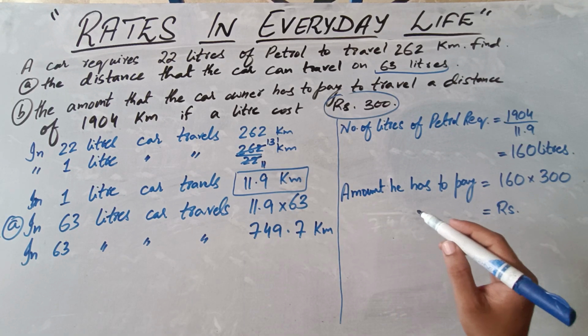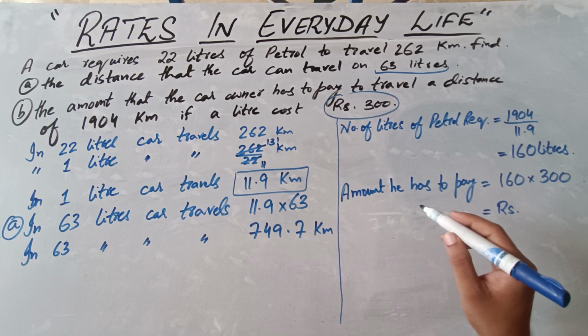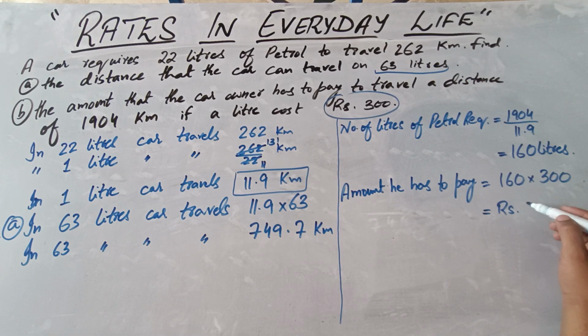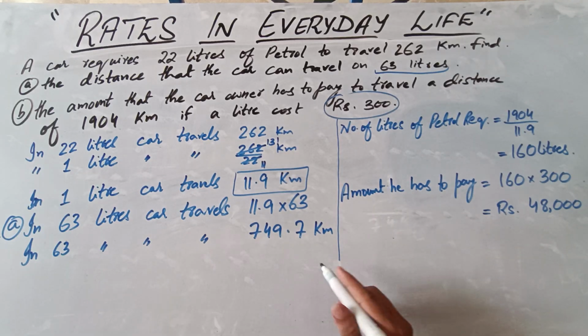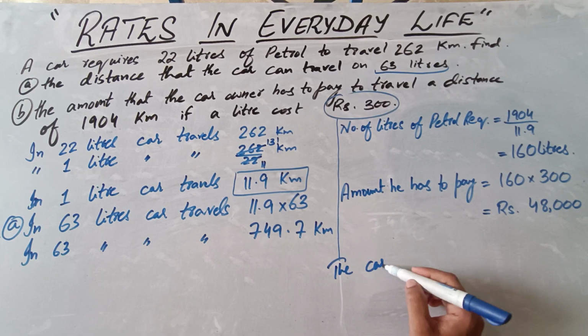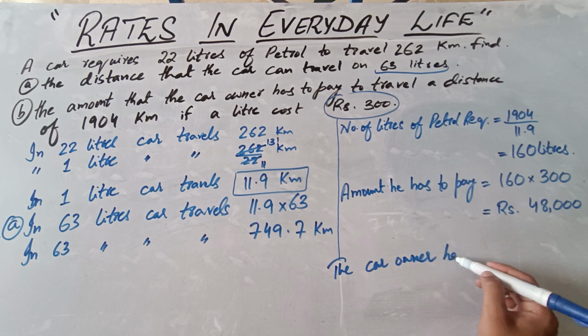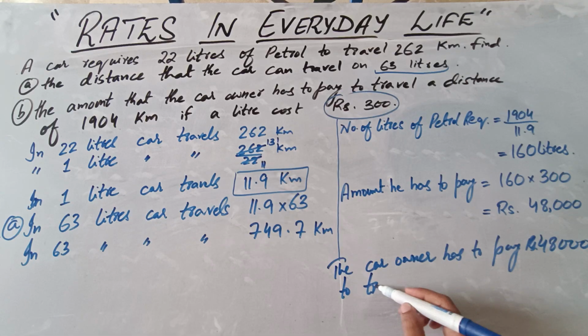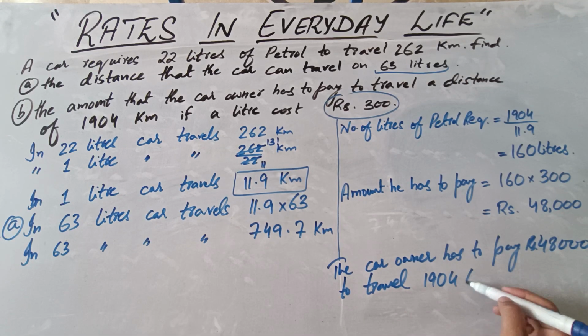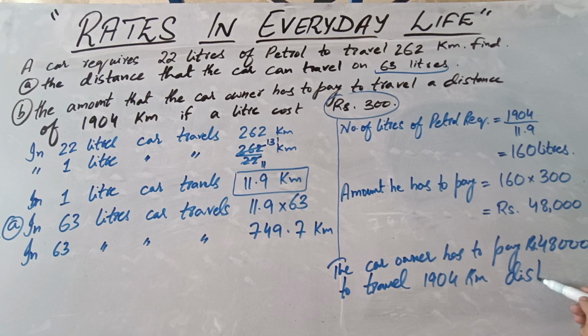So 16 threes are 48, so 48,000 rupees the car owner has to pay to travel 1904 kilometers distance. So this question is very much realistic, and it would be very much practical in your daily